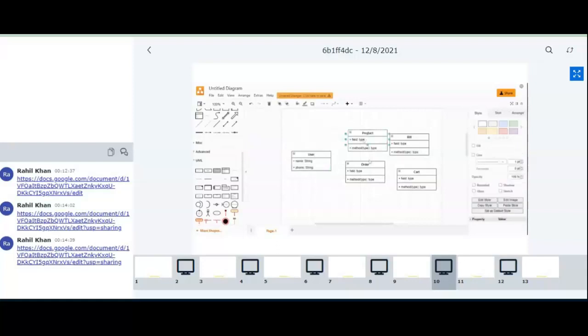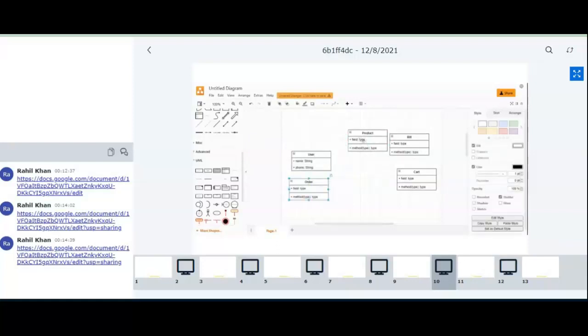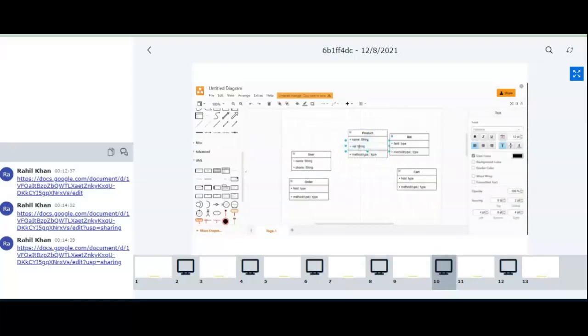Okay, and product, inside product you will have name. What we will do, we will copy this name and we'll have price, double, and method, like there can be some method,